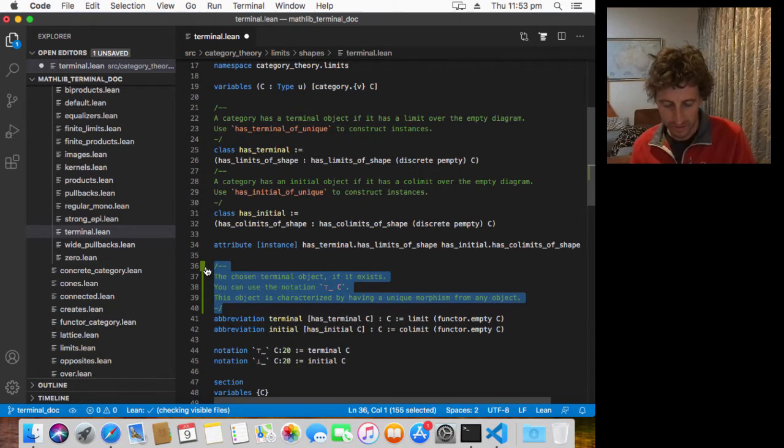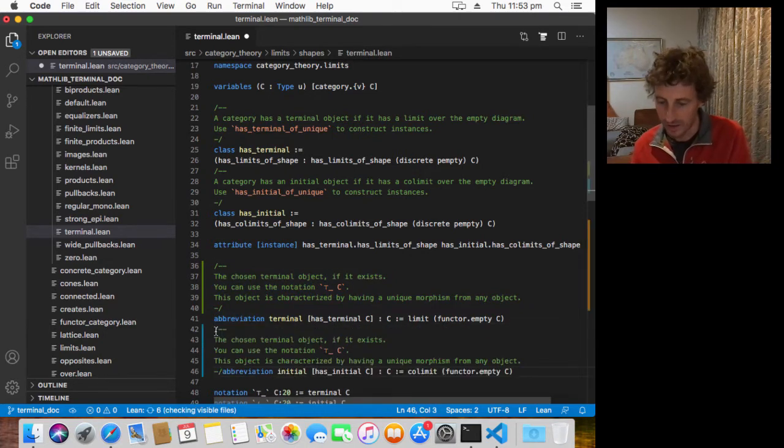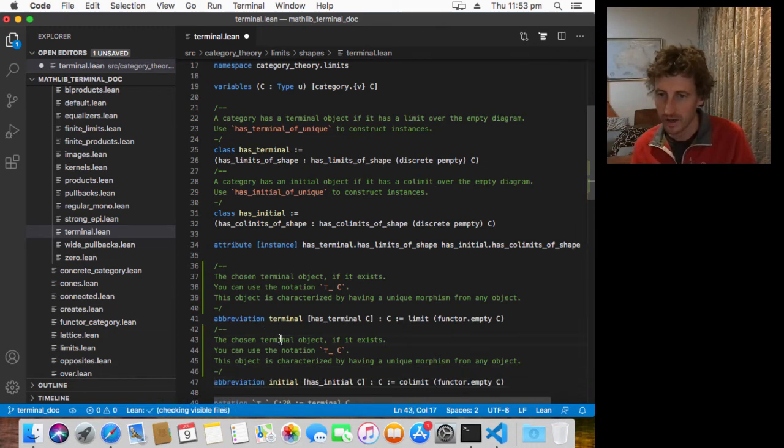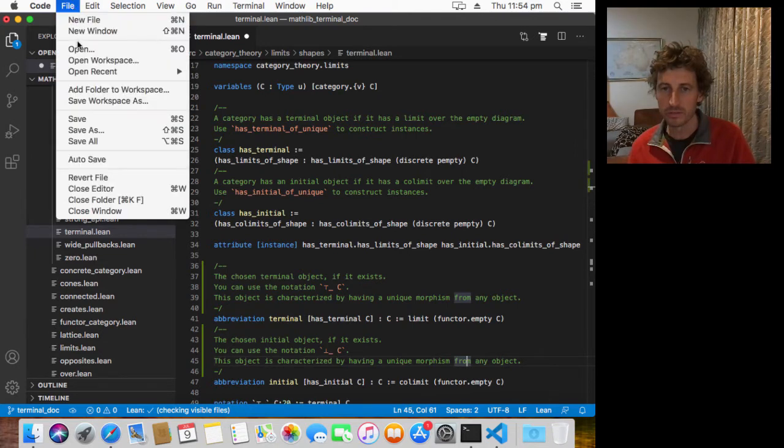Since we've written that docstring, and almost the same thing applies to the definition for an initial object, let's copy and paste. And just for the sake of realism, I'm going to forget to change the word from to there, and we'll see how that gets handled later on in the process. Okay, let's save our change